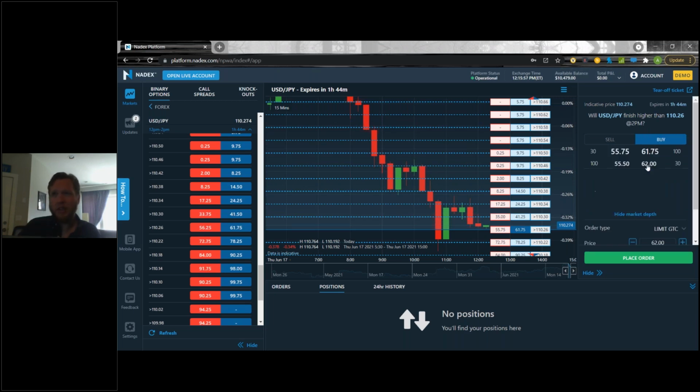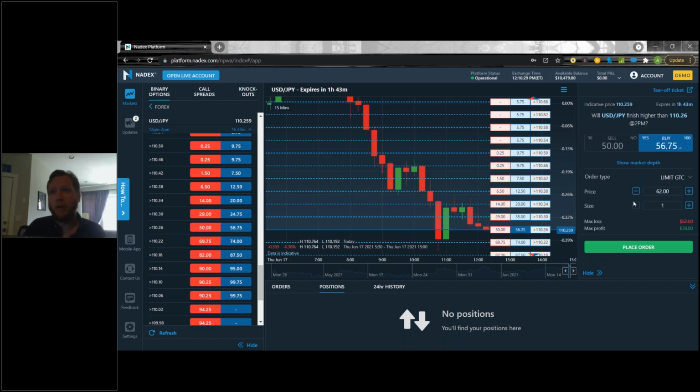Below that, you can see the market depth here. If I click this market depth, you can see all of the available prices out there in the market. You can see all the players out there in the market. If you see these big 100 lots or 30 lots, or on the live platform you'll see more of these, generally these larger lots are going to be market makers providing this liquidity. But you can also put your own order on there and it will show up in the order book, and we'll go over that in a second as well. Just for right now, I'm going to hide this market depth so we can see the whole order ticket.